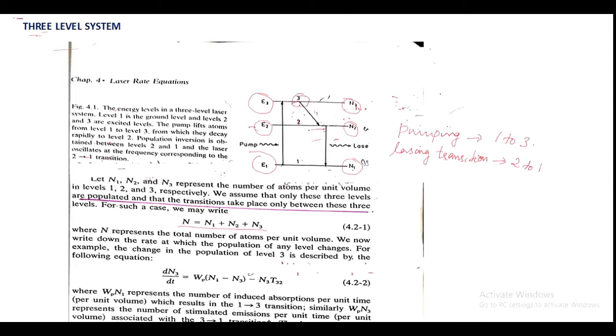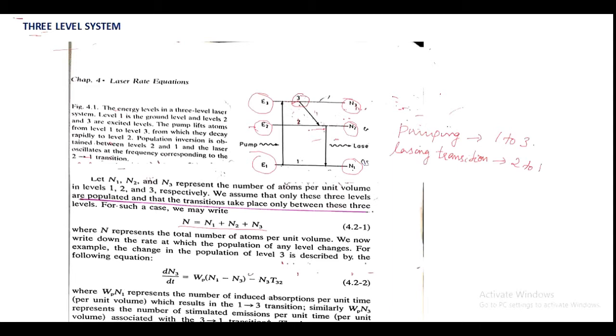Level 3 can be a broad level since that level is not one of the laser levels. Hence, a broadband light source can be used effectively as a pumping source. The ground level is the lower laser level. That is, more than 50% of the atoms from level 1 have to be lifted up to obtain population inversion between